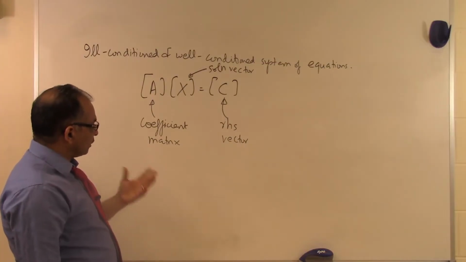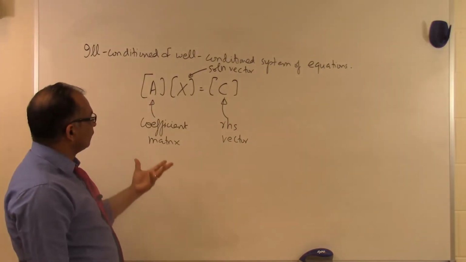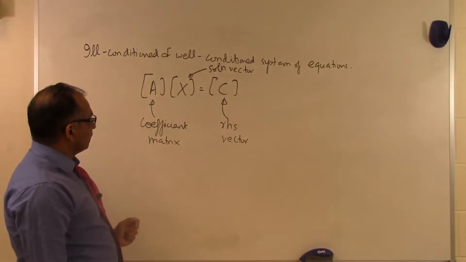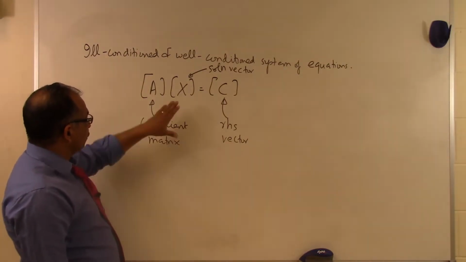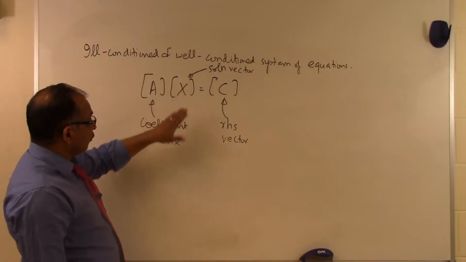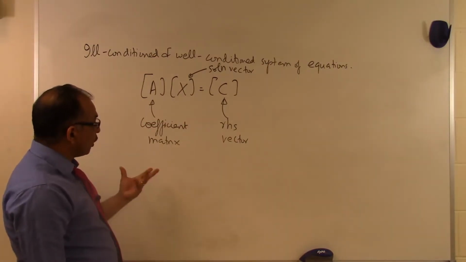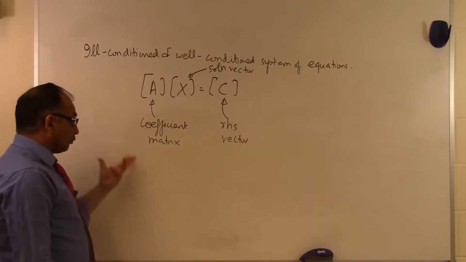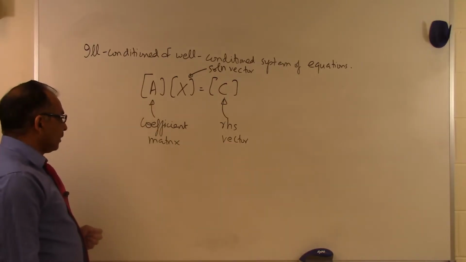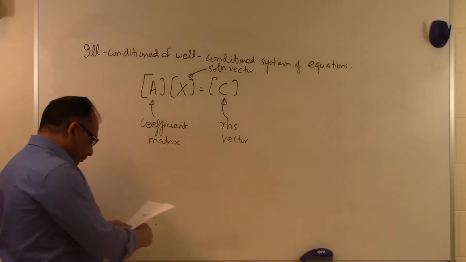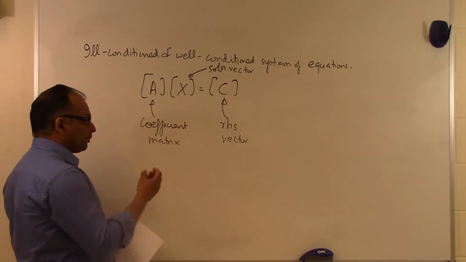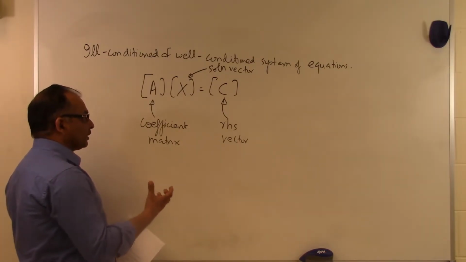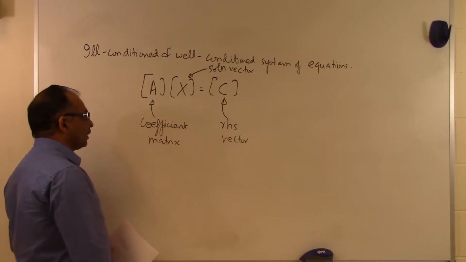We don't want such round-off errors or the lack of precision to affect the solution vector. We may use only single precision rather than double precision or quad precision, and that may adversely affect what the solution vector is. And if it does, we want to have a mechanism of knowing whether it is doing so. So let's look at some examples right here to see, from a simple example, whether the system of equations is well-conditioned or ill-conditioned.